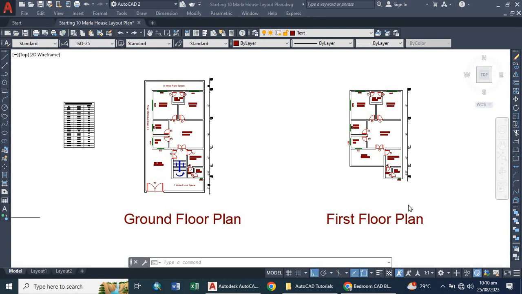So if we want to approve our house plan, we will also have to provide an elevation and section plan as well. In this video we will be discussing the elevation plan, and in the upcoming video we will be dealing with the section plan. So first of all, because I don't want any change in this plan,